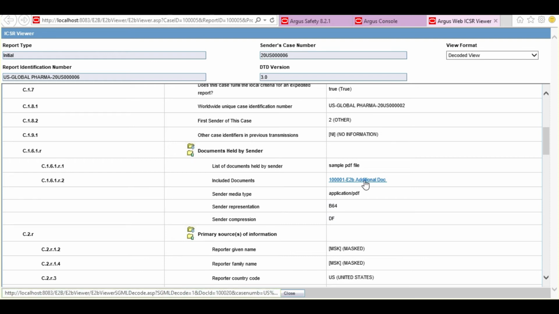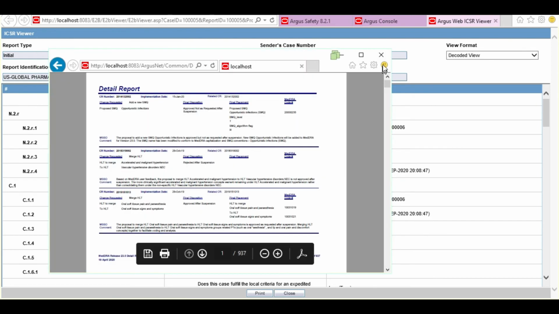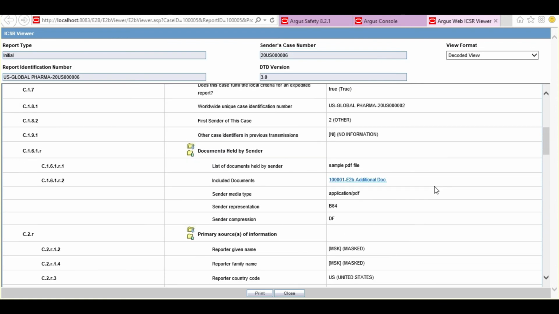upon this hyperlink, it will open the PDF file which we have attached to the case. Even though we added three different attachments, only one will be included in the report because of two different levels of filters, one at the codeless level and the other at the reporting destination.